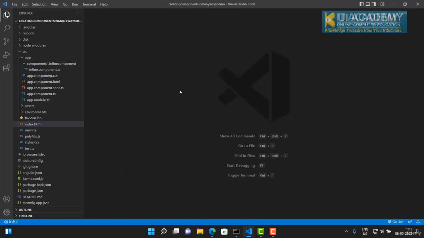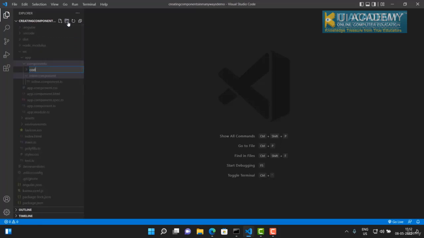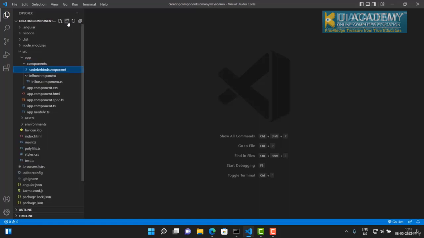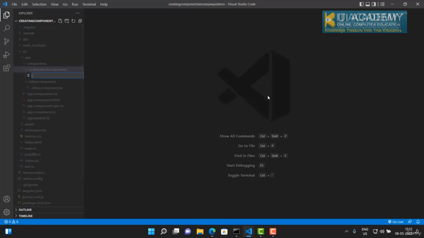In this demonstration, I'm going to explain to you how to create a code behind component. So first of all, I'm going back to my components folder, and then I'm going to create a subfolder. Let's call this code behind component. And inside the code behind component, I'm going to create a new file. Let's call this